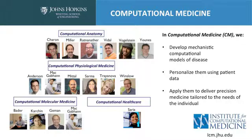So these are the three things that we think comprise computational medicine, and we try and bring them together in what we do. So in the area of computational anatomy, we develop mathematical and computational models of anatomy in health and anatomy in disease. And so by anatomy, I mean we examine the structure of organs and how they differ in disease, as you're going to see shortly in a few examples, which I will give you in brain disease,